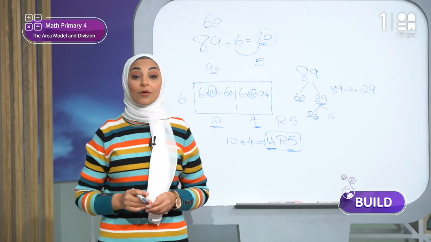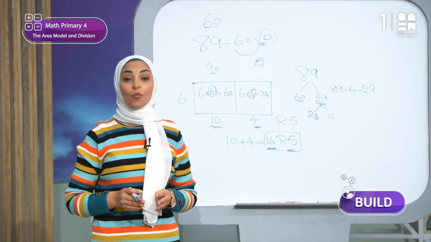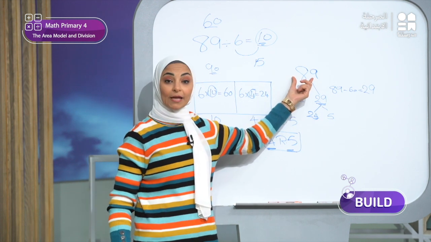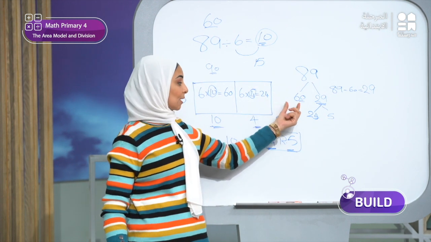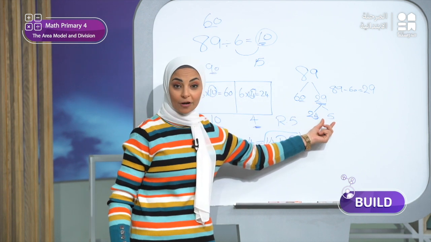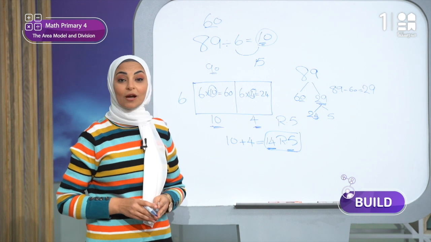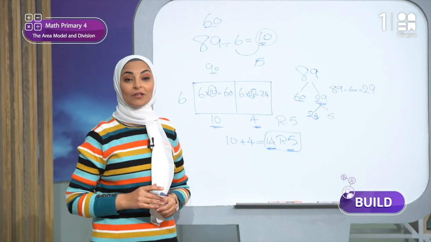Now we will notice in the area model and division strategy, we decompose the dividend, which is 89 قسمناه into, yes, 60 plus 24 plus 5. Now let's move to problem number 2 on the same page 309 to make sure we have understood the steps